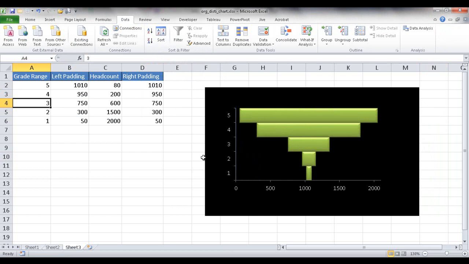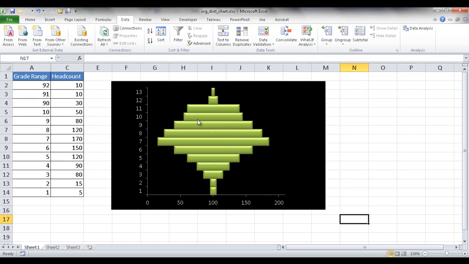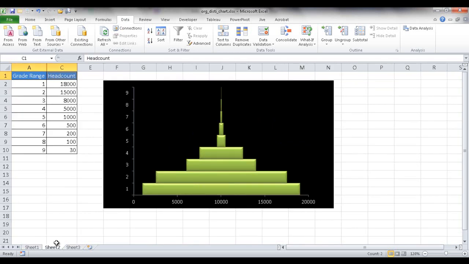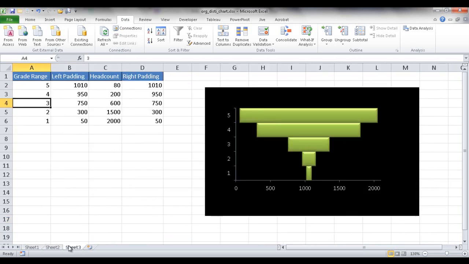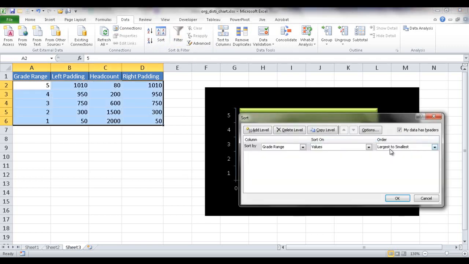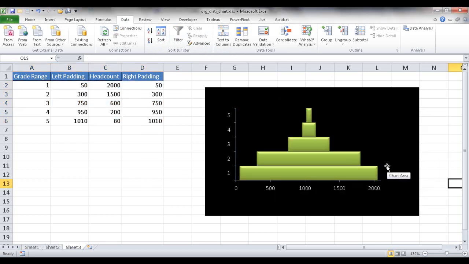So this works well if you've got something like this where you imagine there's a lot of folks in between, but if you've got something where the head count at the lower grade range is the highest, it looks like a pyramid, and it's probably better to sort it ascending instead of descending. In our case, in this third example, this probably doesn't work too well because a large part of the grade range is at the bottom, so maybe we want to sort this ascending. We're going to click on that and sort it from smallest to largest. It looks a little bit better here. It looks more like a